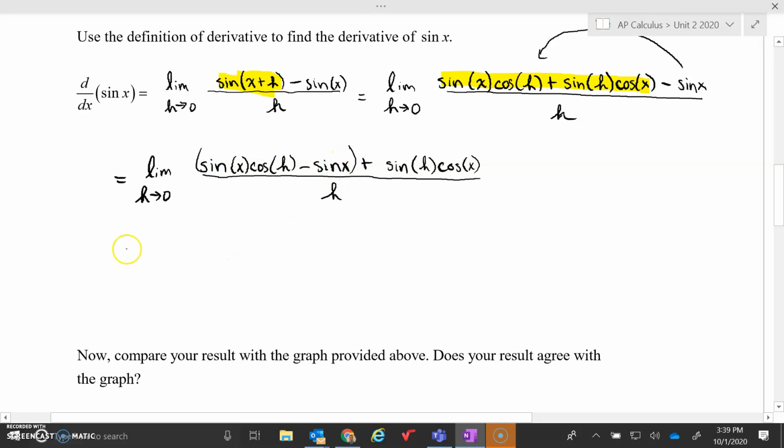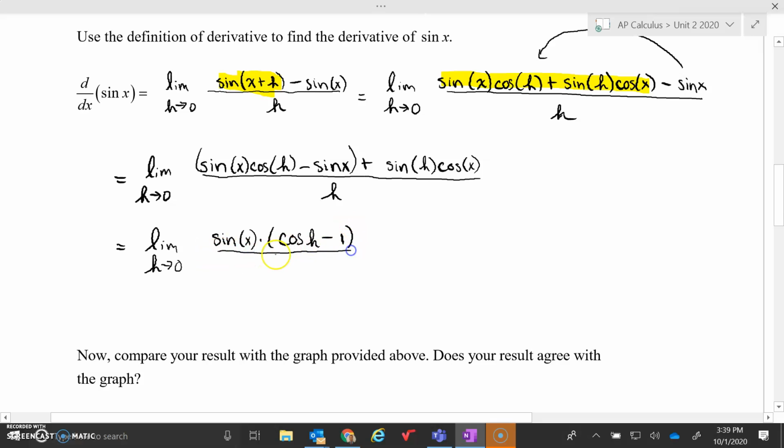So if I factor out sine x, I'll have the limit as h approaches 0 of sine x multiplied by the quantity cosine h minus 1